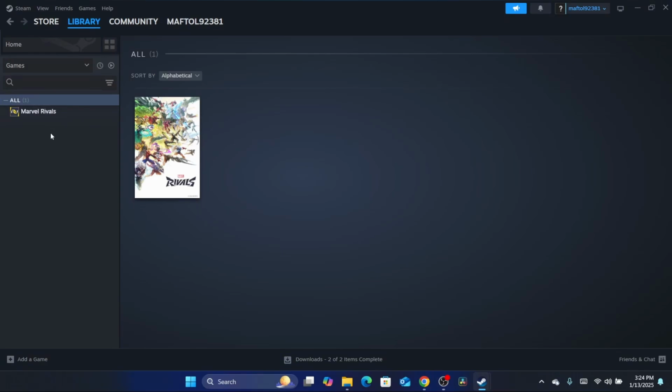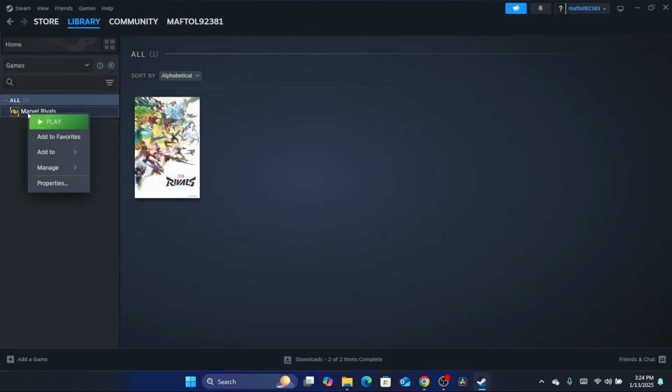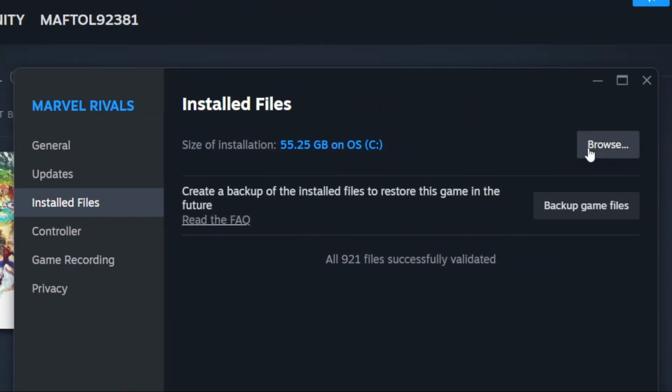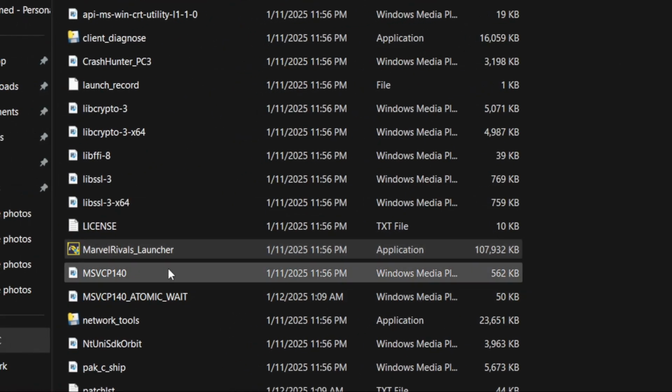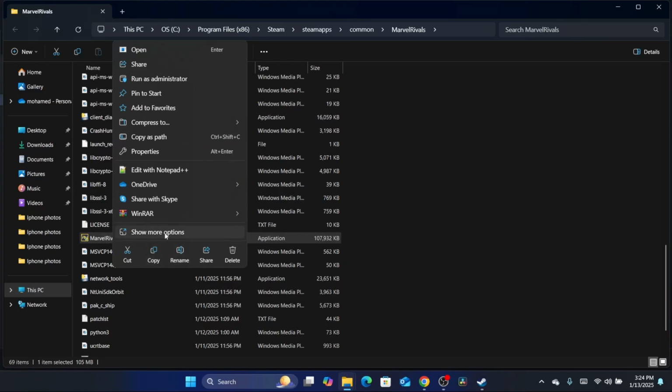Now, like I said, I'm going to be showing you multiple methods on how you can fix this problem. If you still have access to the game, click on library at the top, right click on the game, click on properties, then installed files, and click where it says browse. Now you want to search for Marvel Rivals launcher and then right click and click on show more